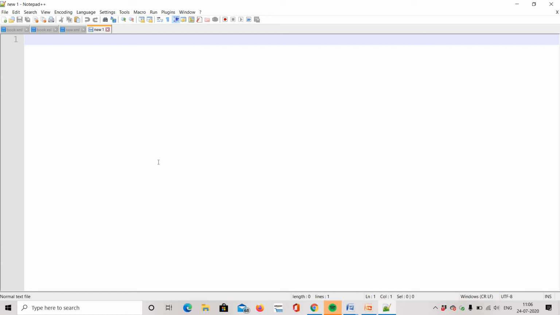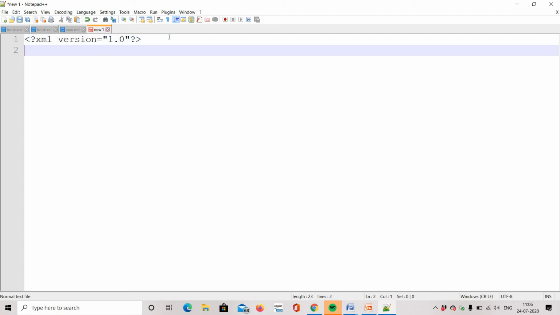To write an XML document, first we need any text editor. I have opened Notepad++, and after opening, if you want to write any XML, start with the prologue, xml version equal to 1.0. These must be kept in question marks. Next, the first important step you need to remember is the root tag.